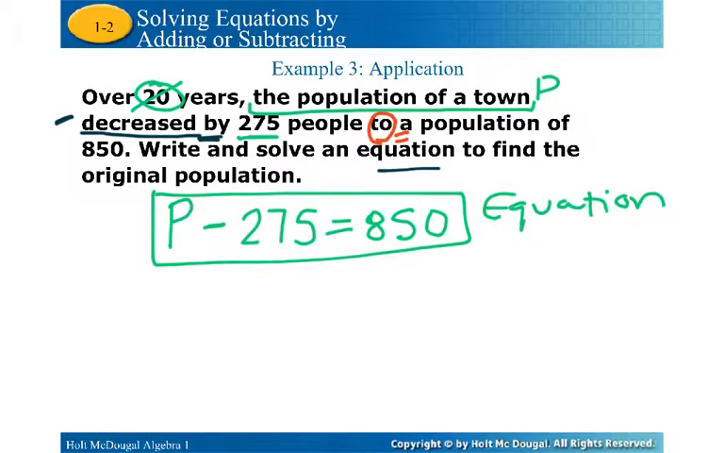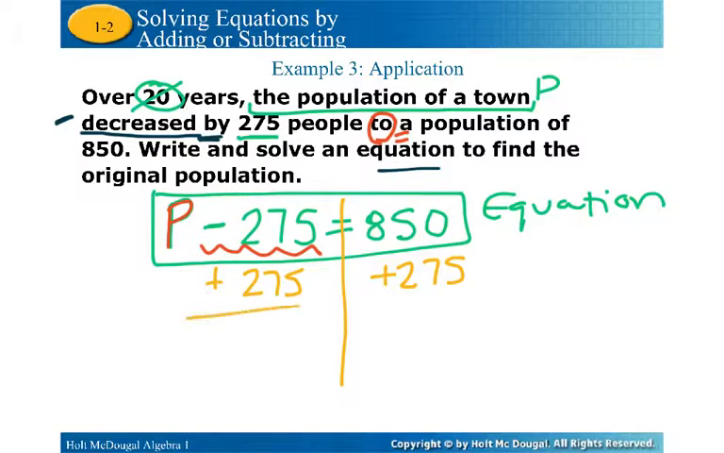And so in order to find the original population, I'm going to add 275. I choose to add 275 and not 850 because I'm looking for the variable itself and what's happening to it. So the variable is on the left here, and it's being subtracted by 275, so I'll add 275, and now I'm left with the population, which initially was 850 plus 275, so